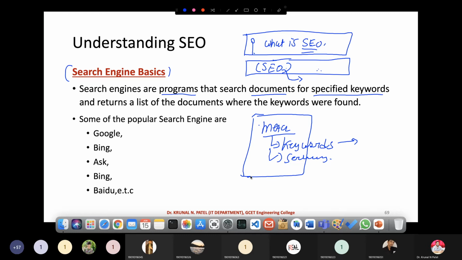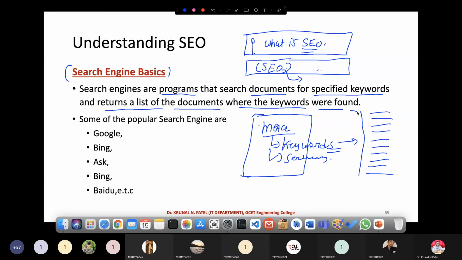The search engine will search for these keywords, and wherever it finds them, it will make a list of those links in the browser. So it searches documents for specified keywords and returns a list of documents where the keywords were found.